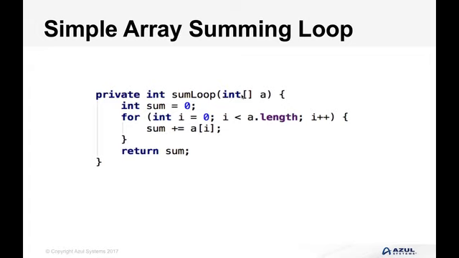Now, if we look at a little bit more detail, let's look at an example of how this might work. This is a very simple method that takes an array of integers and adds them all up. So it creates a sum of the values in that array. This is the kind of code which a normal traditional JIT compiler can optimize very efficiently, because it can look